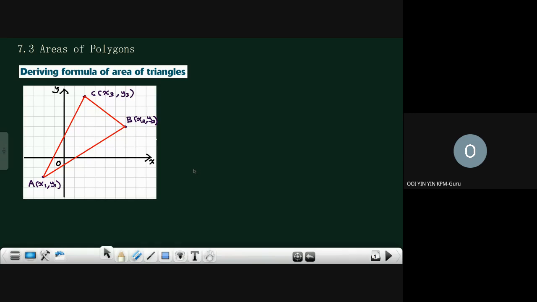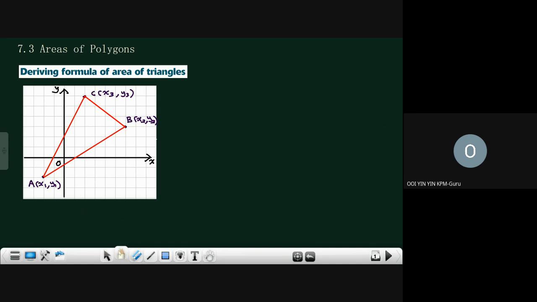Okay, area of polygons, deriving the formula of the area of polygons. I want to show you how to get the formula to find the area of triangles. Okay, now it's actually like this. We're using the concept